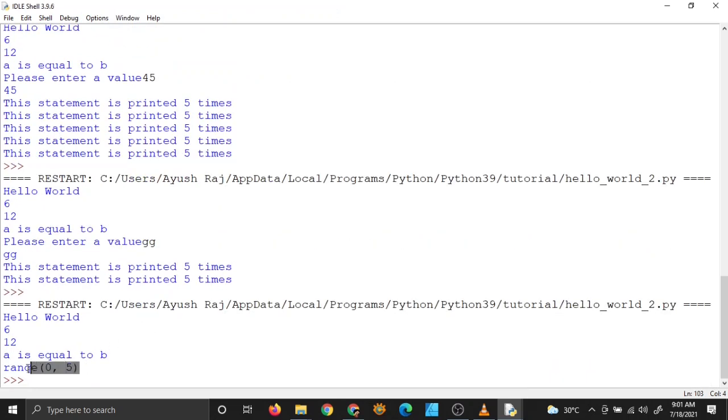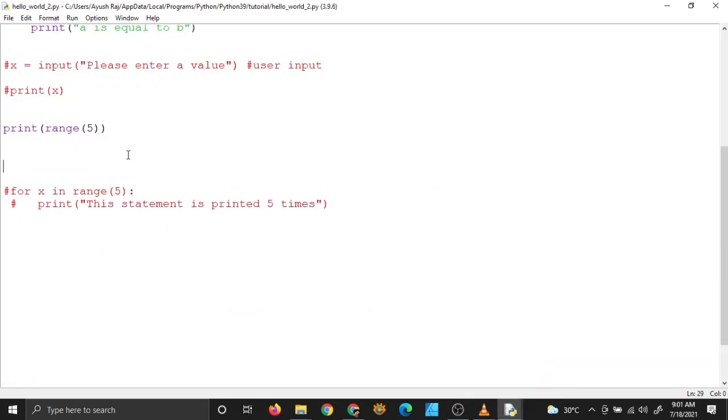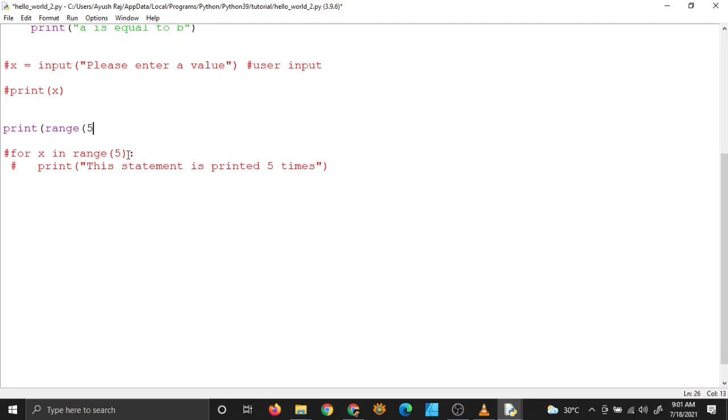Yeah, it is returning a range 0 to 5. Okay, but when you use it in a loop, it will make that loop run 5 times because 5 minus 0 is 5. That's how the range statement works. That's not how everything works in programming. You have to make sure how different languages handle loops. And in Python, you have to use the range statement, and it works like this. Okay, cool.